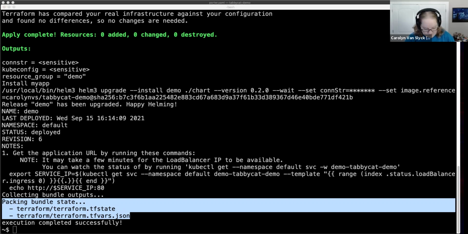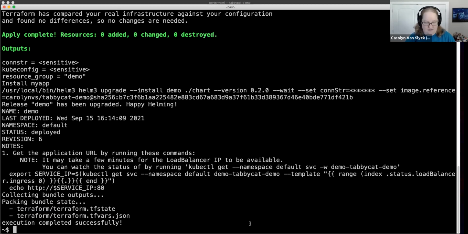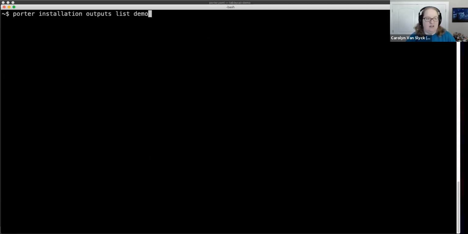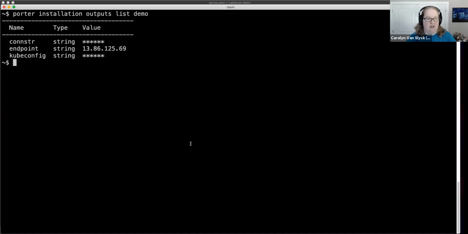So let's take a look at what happened. I'm going to look at the outputs from running my bundle. My bundle's name here is demo, and it created 3 things that it was going to expose to the user. Again, you don't see state here, but you get to see some of the things that were created by the bundle. So the connection string we were talking about, the kube config, and this is what I'm interested in because